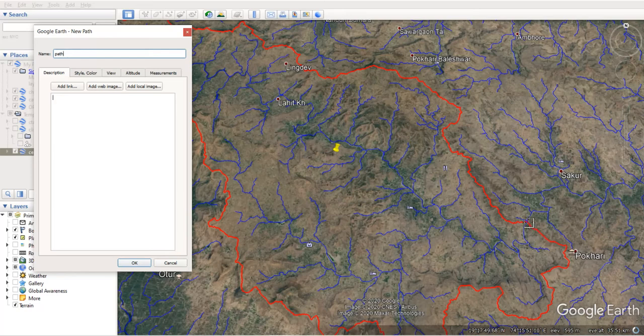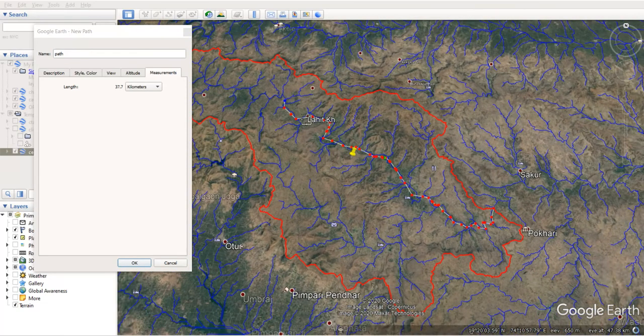This is the mouth of our bridge, or where our bridge is to be constructed. This is the longest stream, it goes like this. Up to the centroid the length is 23.8 kilometers, and we go further along the longest stream or path.